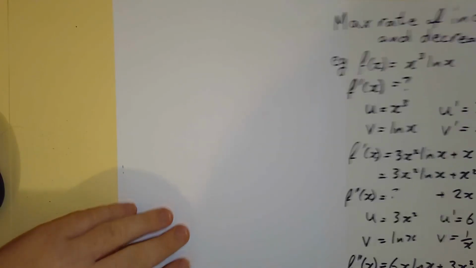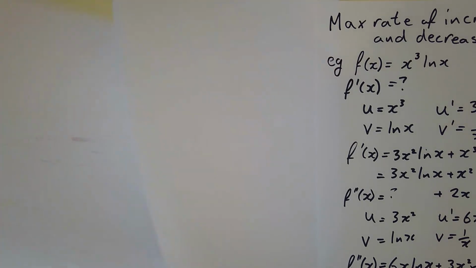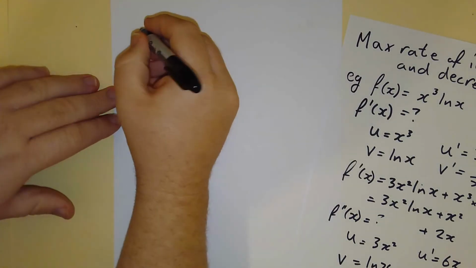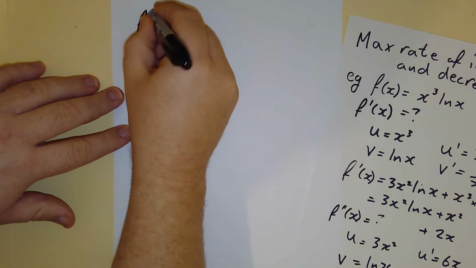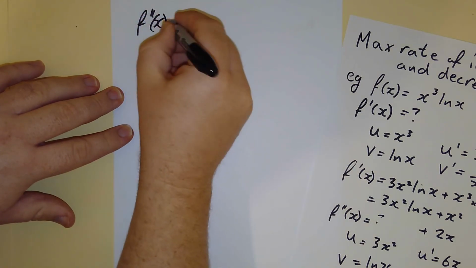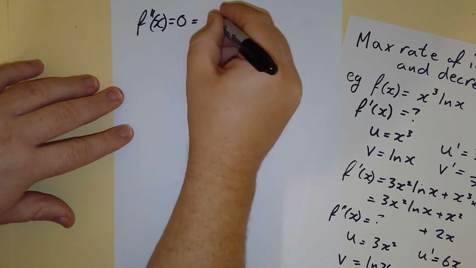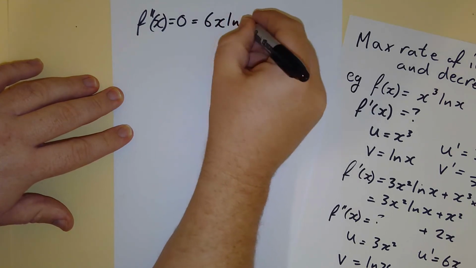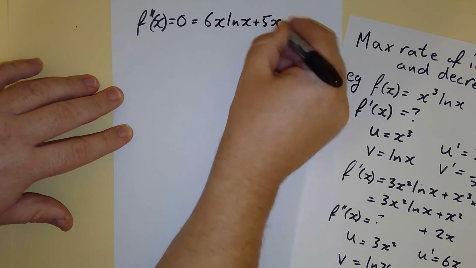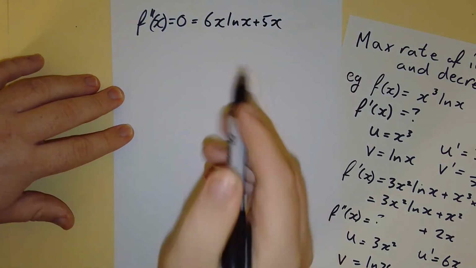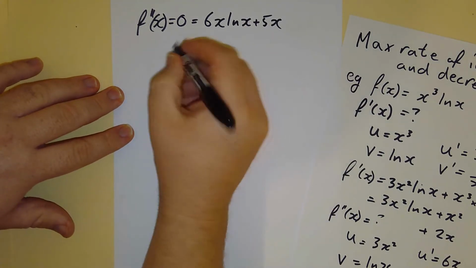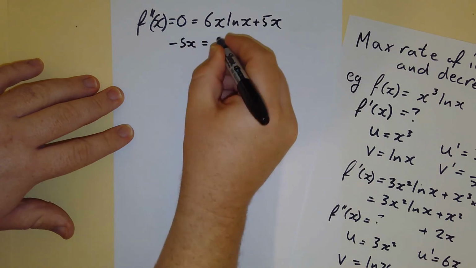Now, I want to make that 0. And that's a really awkward thing to do, make 0, because I've got the ln x and the x's, but as it turns out, it's not too bad. So if I minus my 5x off both sides,